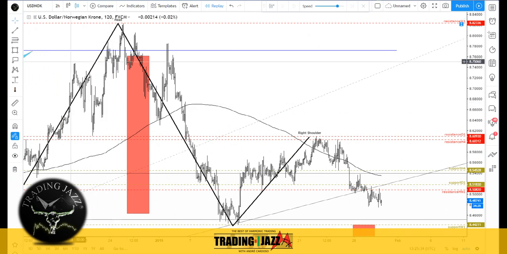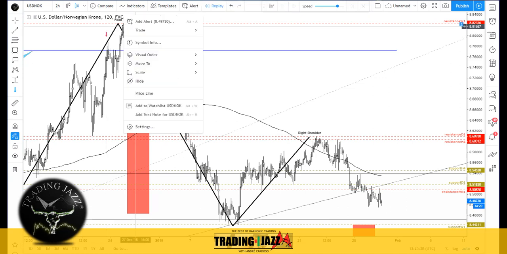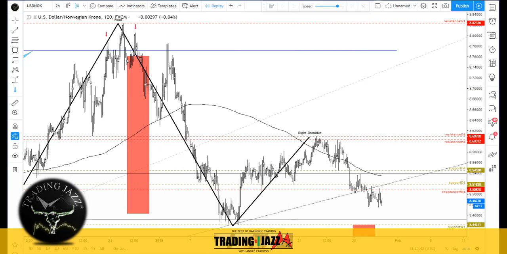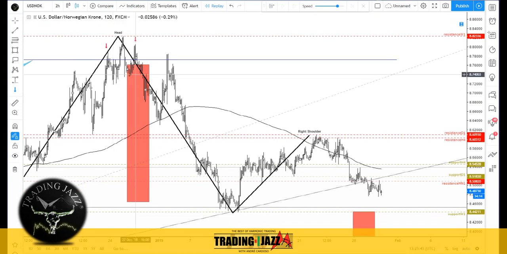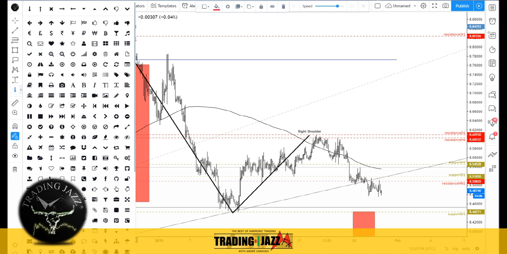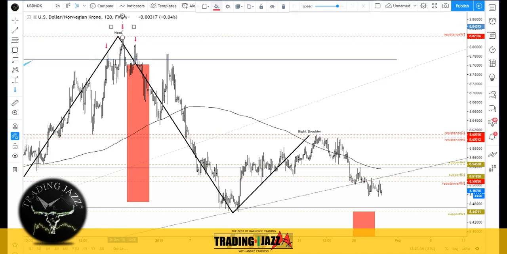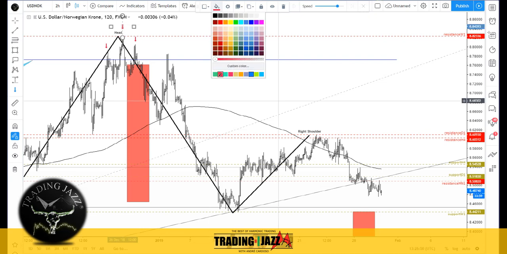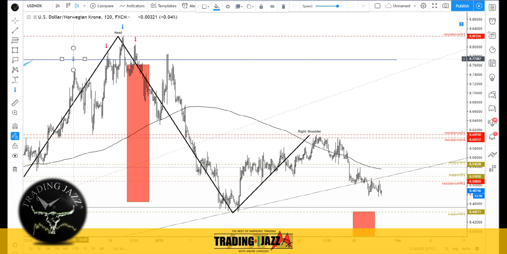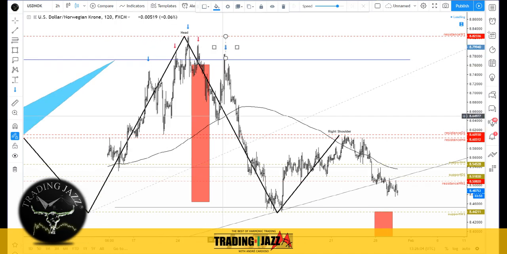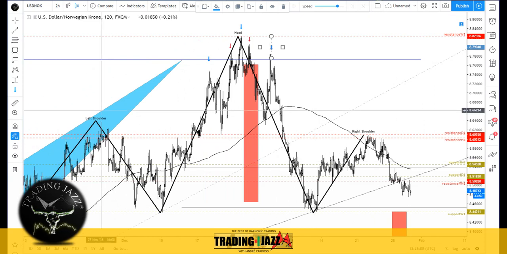We have these heads and shoulders here. We have the left shoulder, the head, and the right shoulder, and the market has violated this structure support, the neck zone, and then it has printed another one. Let me try to change these colors here. Head, left shoulder, head, right shoulder, and left shoulder, head, right shoulder. So we have 1, 2, and actually there are 3